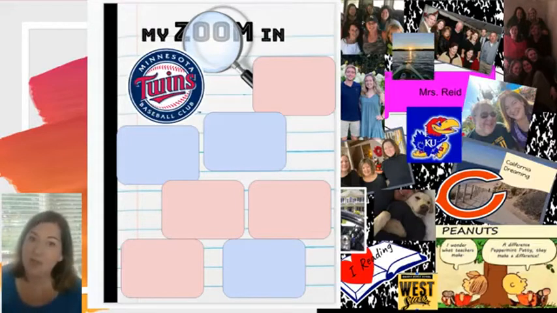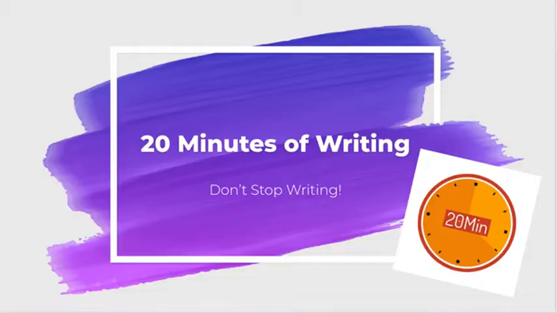But then I want you to do a little research. What can you find out about the Twins? What's their actual record right now? I'm pretty sure they're leading the league, although the Chicago White Sox might not be too far behind. But anyway, I digress. So you'll do like a little bit of mini research. And so that's step one.